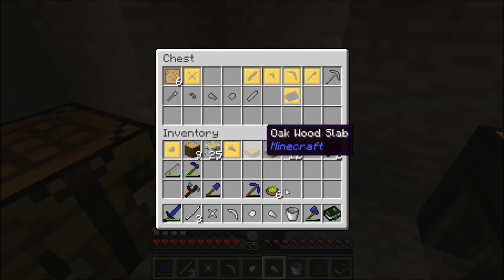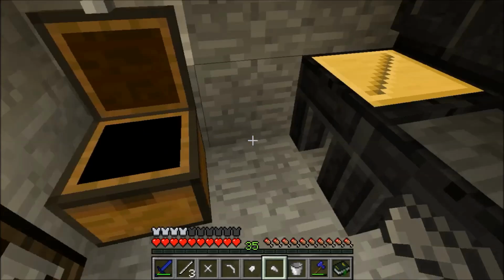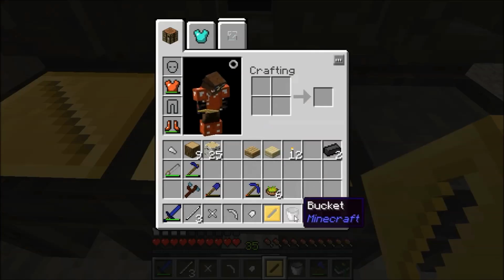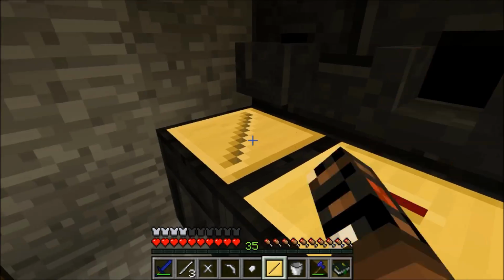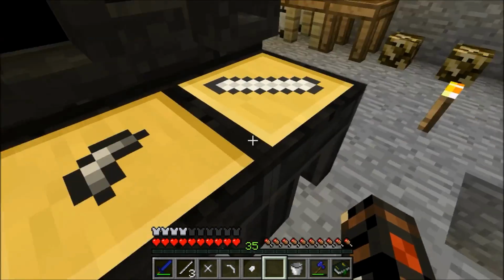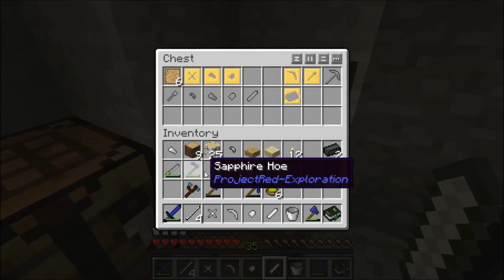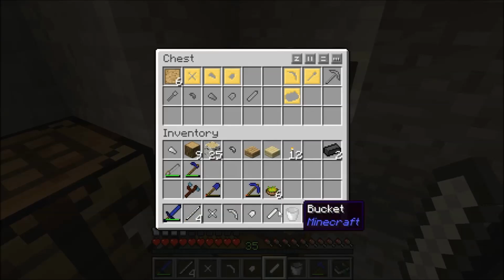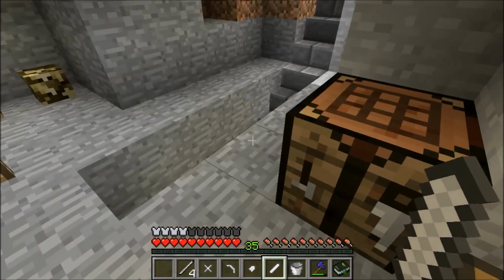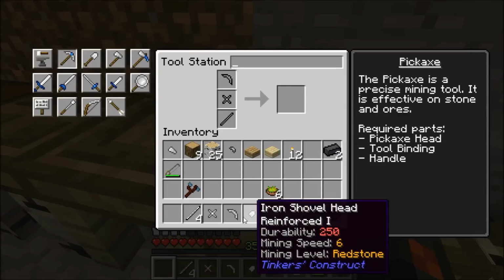Okay. Do we want anything else? Yes. I would like you and you. We can get another one of you. Alright, there we go. I don't really need these guys anymore. I guess I need the sapphire hoe, but they can still sit in there. We can take this guy,